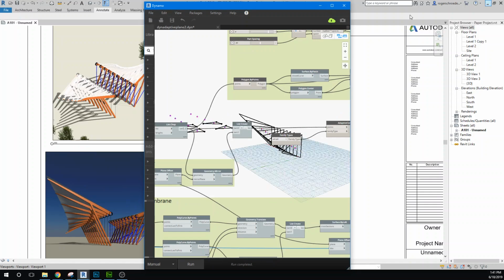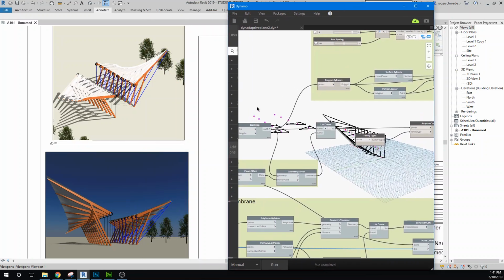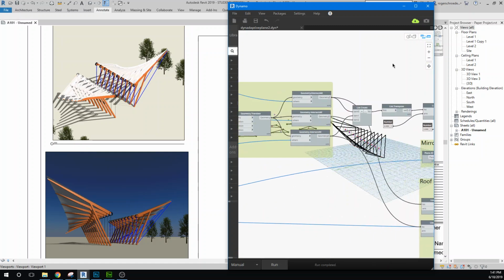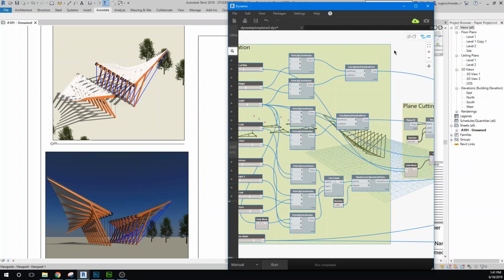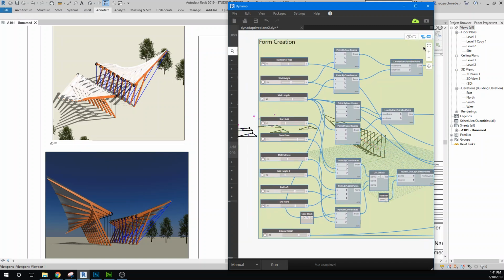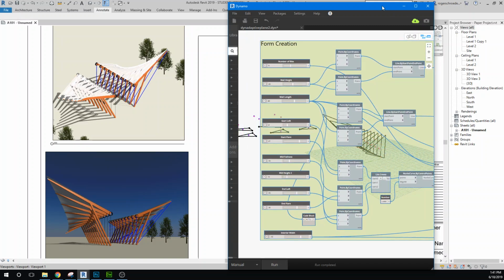So I'll reduce this down again and move it out of the way and pull our definition over so our sliders are exposed. In the future, I would think that, with a little experimentation, I could probably figure out a way to get these sliders to appear